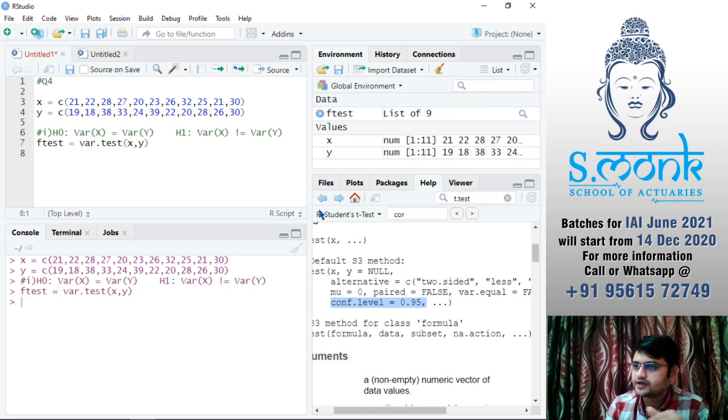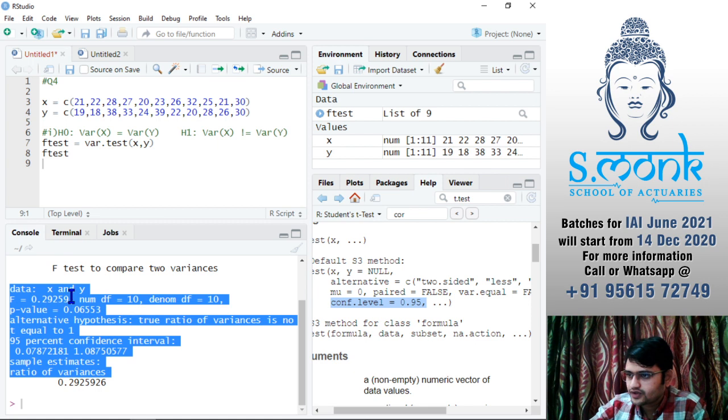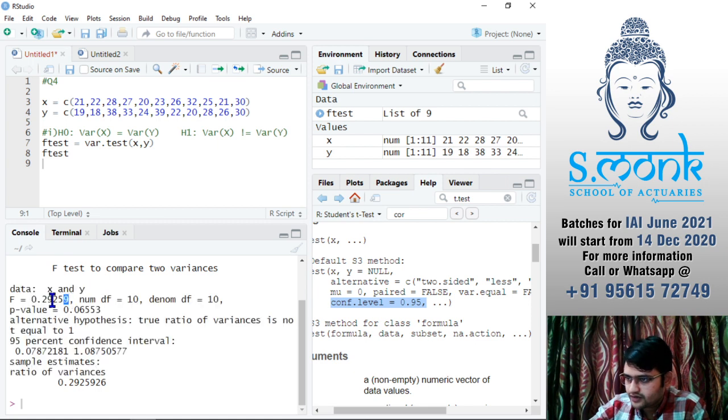I'll press control enter, and I always look at what this output is saying. Here we have our F value, numerator degrees of freedom, denominator degrees of freedom, the p value, and our alternative hypothesis, true ratio of variances is not equal to 1, the confidence interval, and our ratio of variances.